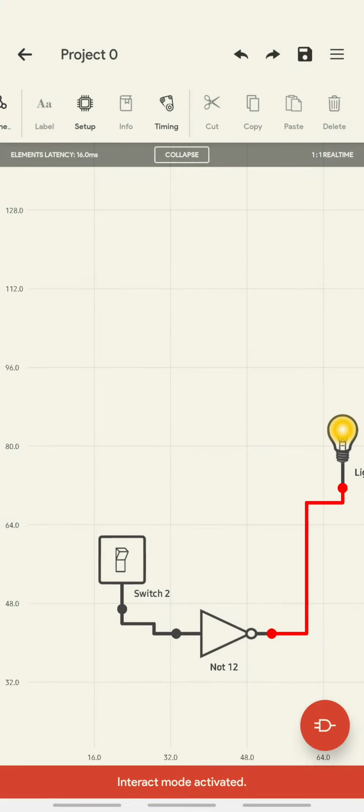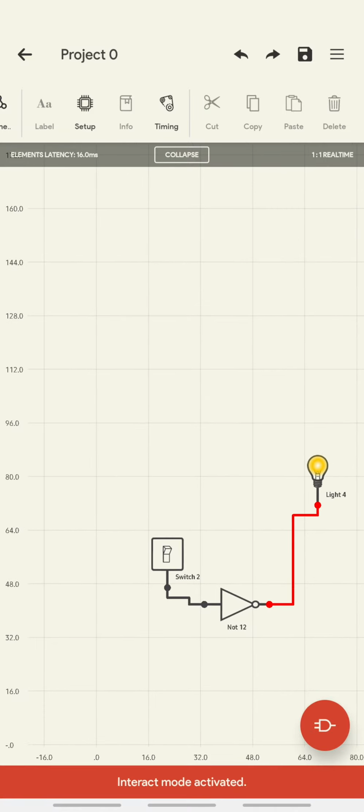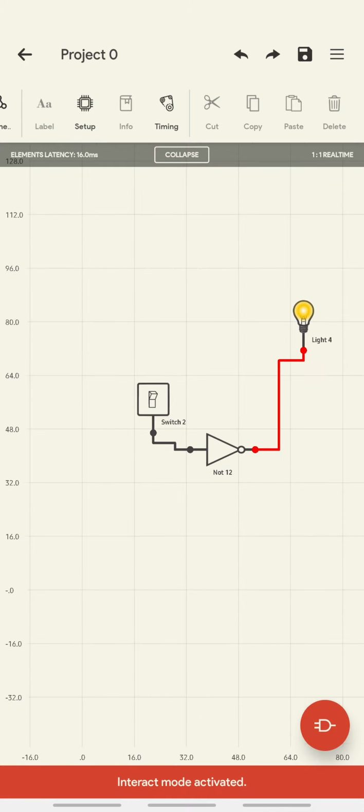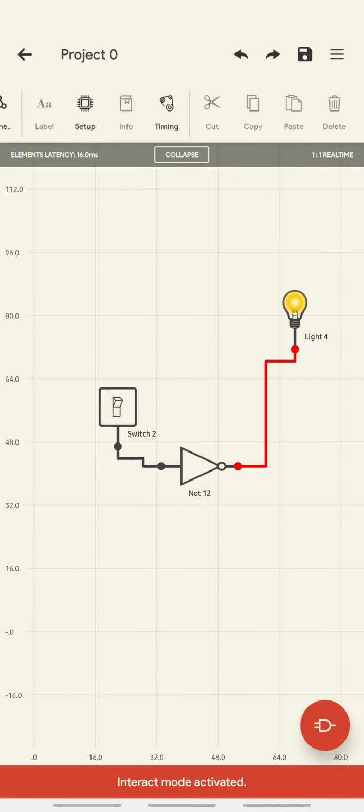So this is how you can simulate. So this is called simulation. So virtually we are trying to simulate, or we are testing the functionality of basic gates. Okay, I hope this is very easy and clear for you.